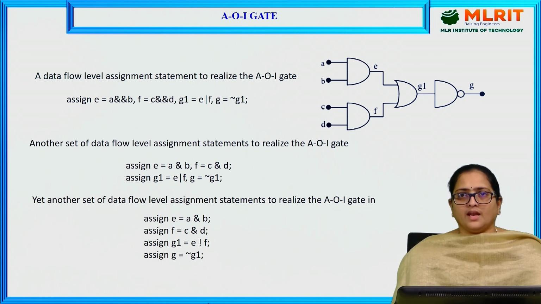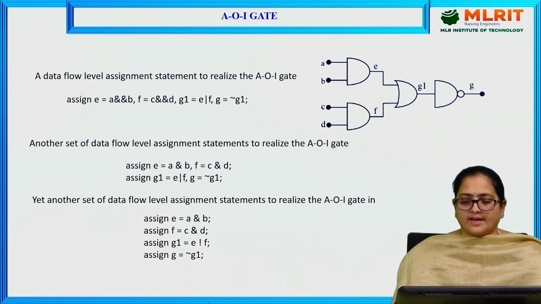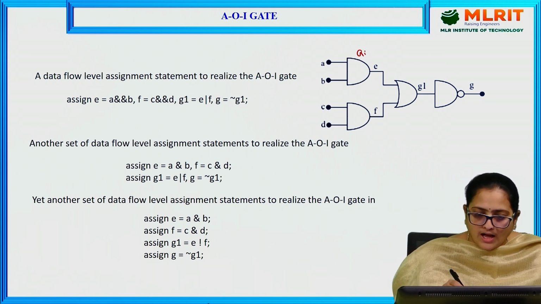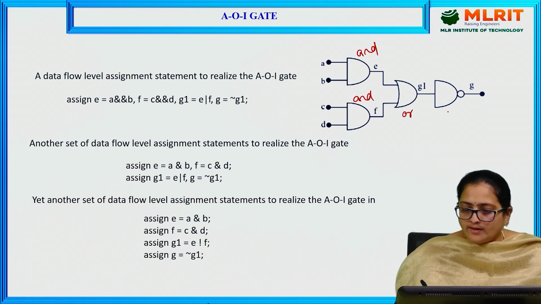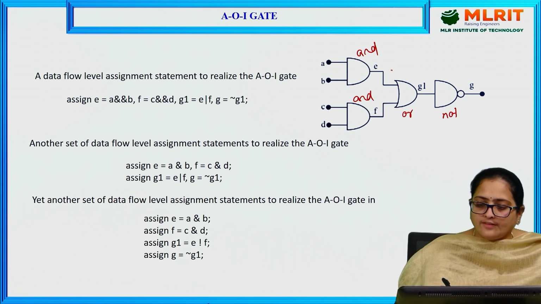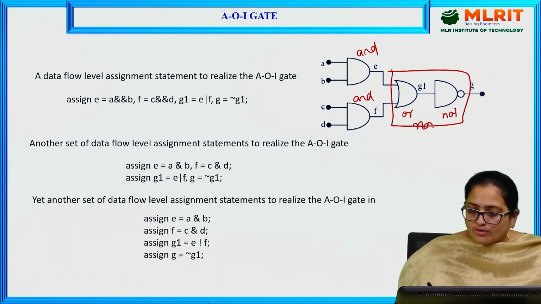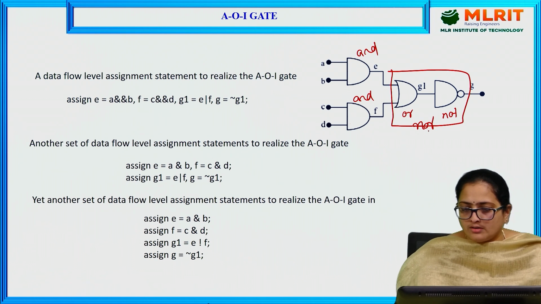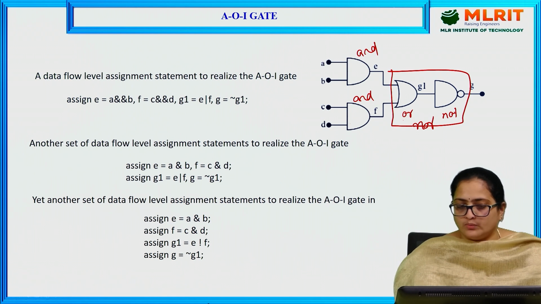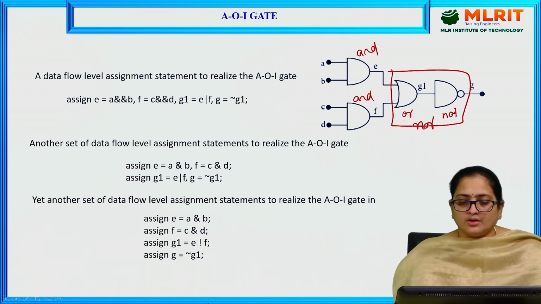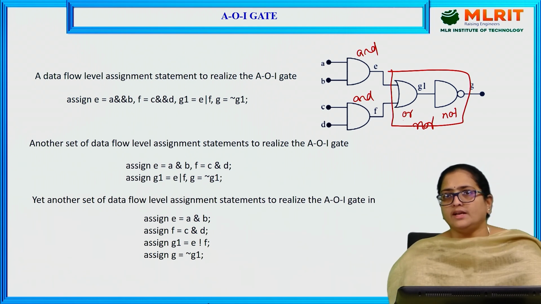Next, the other example is the AOI gate. This is an AND gate and this is also an AND gate. This is OR and this is NOT. The combination of OR and NOT is NOR. AND-OR-Inverter can be given as AOI. So, here to realize this expression, the AND operation